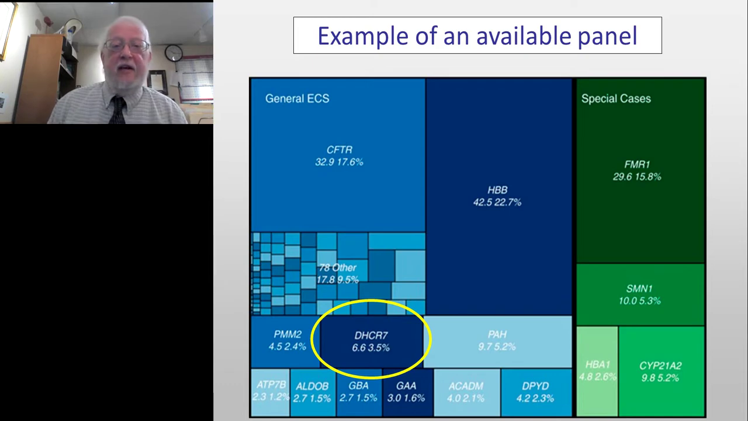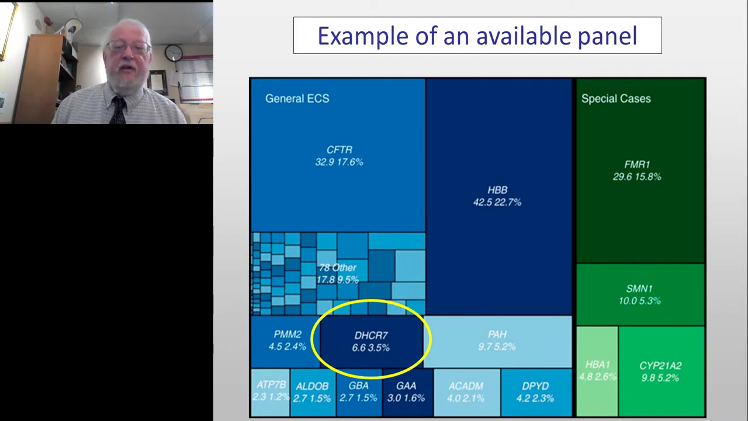I thought I'd just give one example here. The DHCR7 gene is associated with Smith-Lemli-Opitz syndrome. And I'll just point, so here you go. I guess I should tell you what this is. This is kind of a box of all that one of the panels can identify. And you see cystic fibrosis is 39% of all the affected, it's 32 per 100,000 or 17% of all the